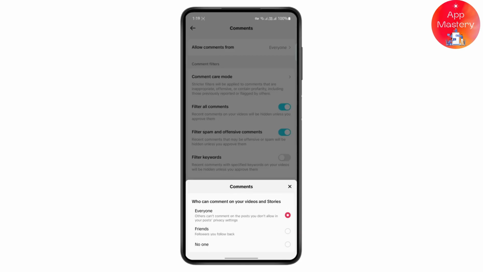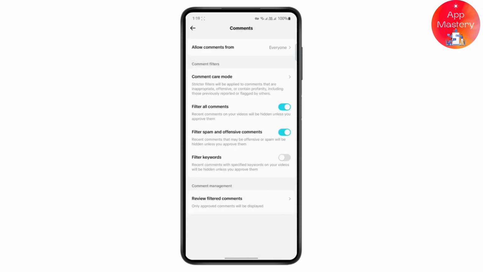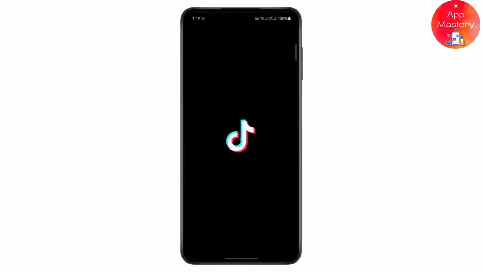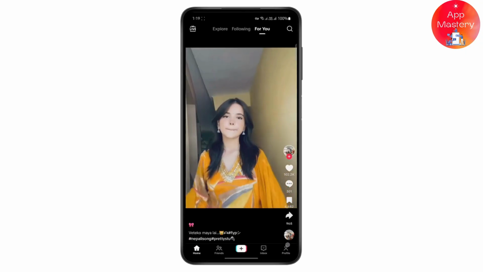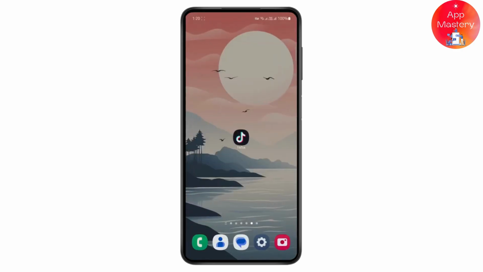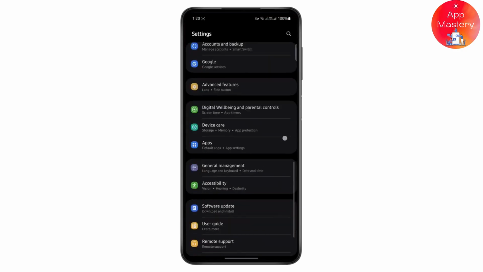Based on that, you will have to turn off these two options here as well, because they might be causing the filters, so you might not be able to see the comments. After you do this, you just reset the app, clear the app and open it again, and check if your TikTok comments are working. But if this still doesn't work, then you have to open your phone settings, go to